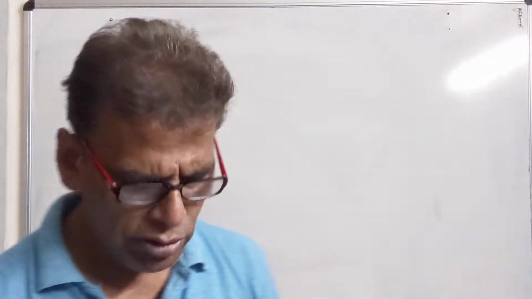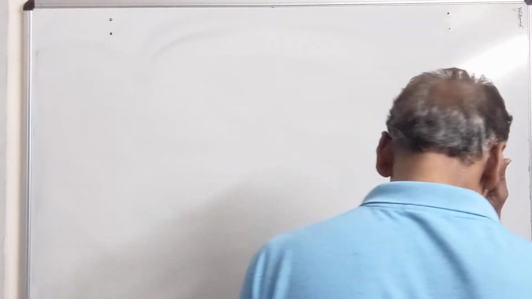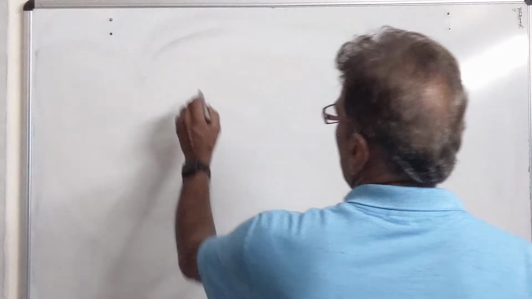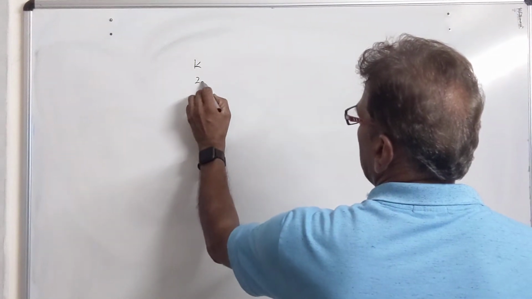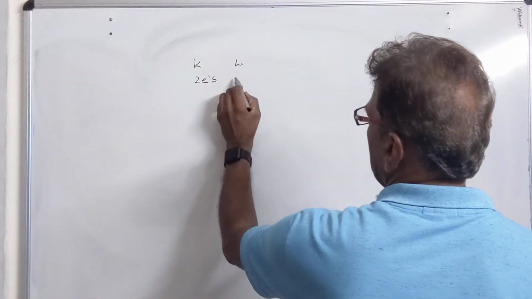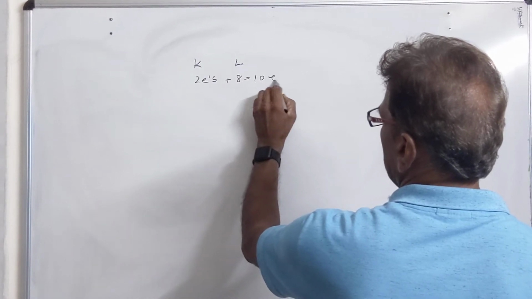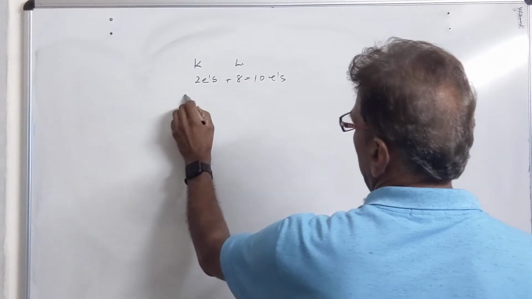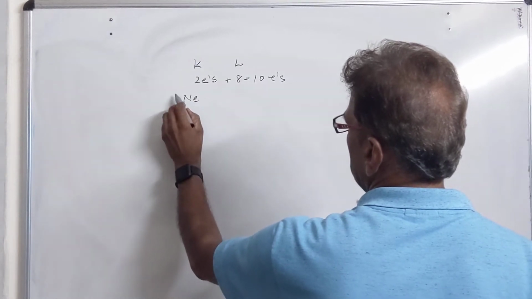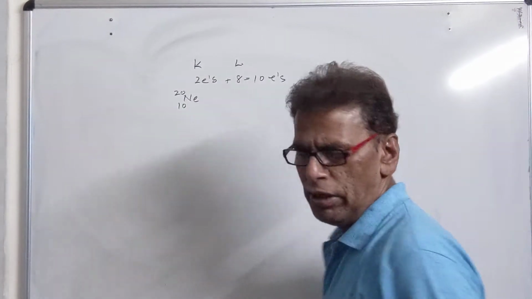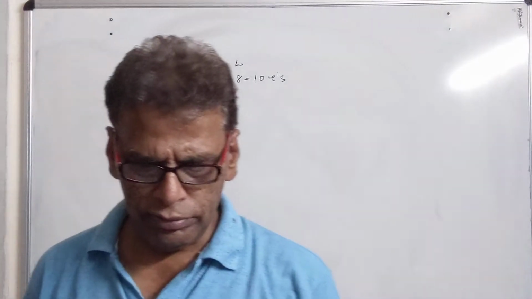Now we have next question. If K and L shell of the atom are full, what would be the total number of electrons in that species? So K shell can keep 2 electrons. L shell can keep 8 electrons. So total number of electrons will be 10 electrons here. So atomic number of this species will be 10 and mass number will be 20. It would be neon in this case.